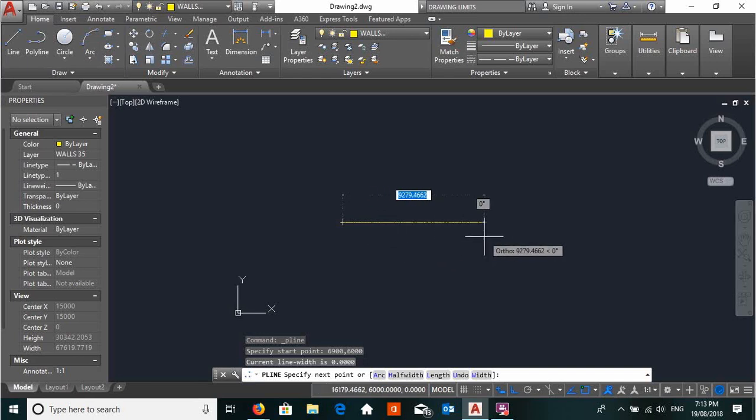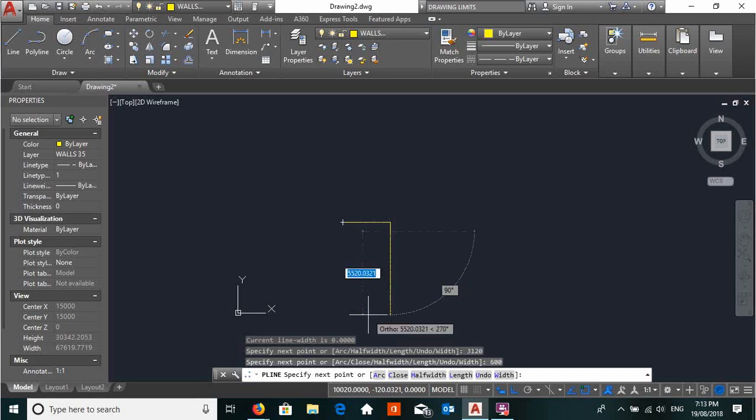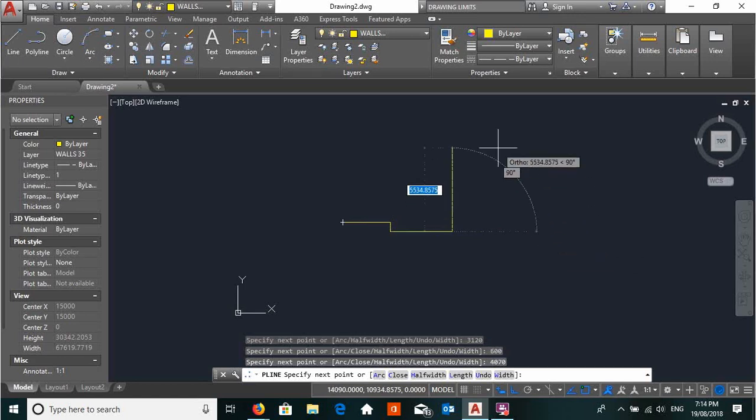3120. So I'll pull the cursor going because we're going to go in an anti-clockwise direction, and so we type in 3120, enter, and we pull the cursor downwards, and we're going to go 600, enter. We're going to pull it to the right again, and that's 4070, enter. And so you just keep pressing enter to end and enter to restart, okay, because it's one continuous